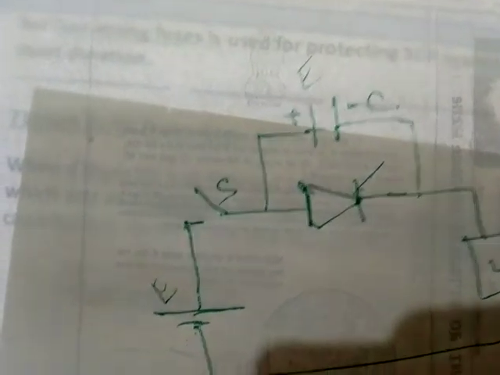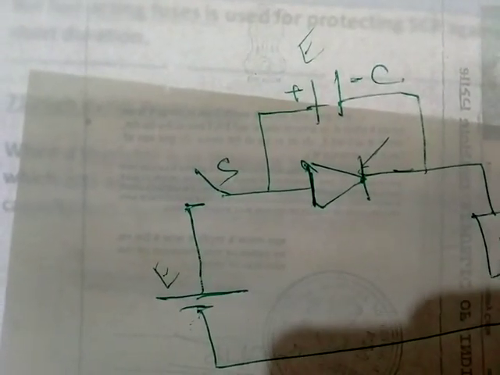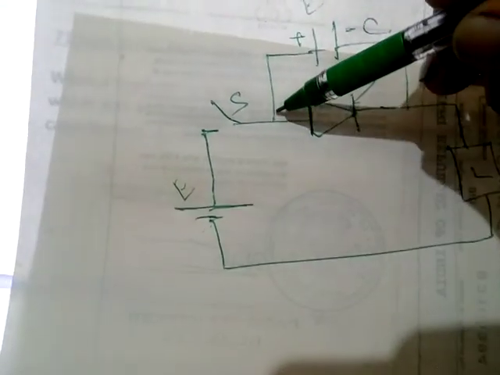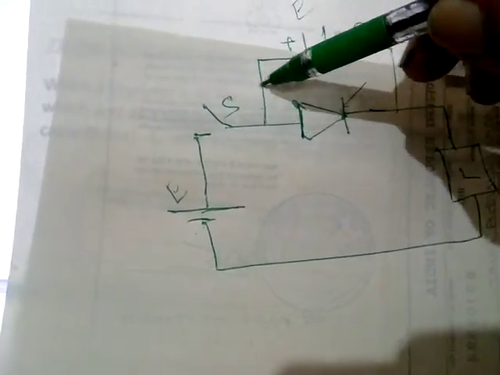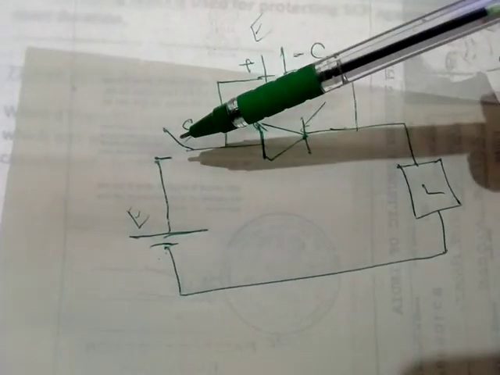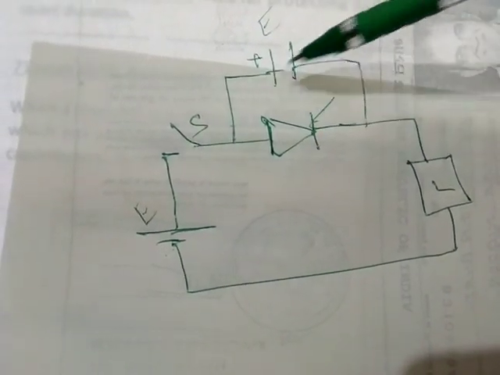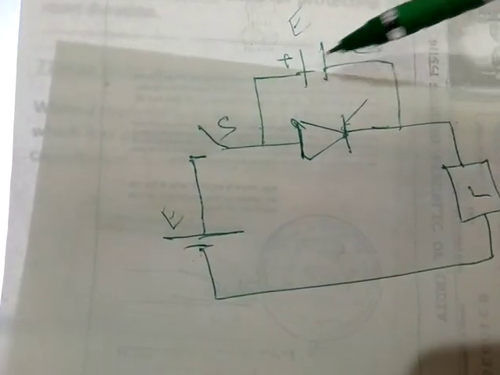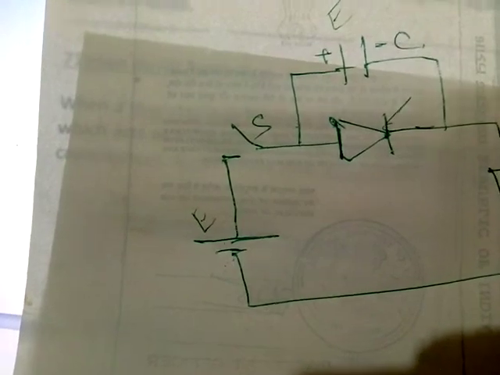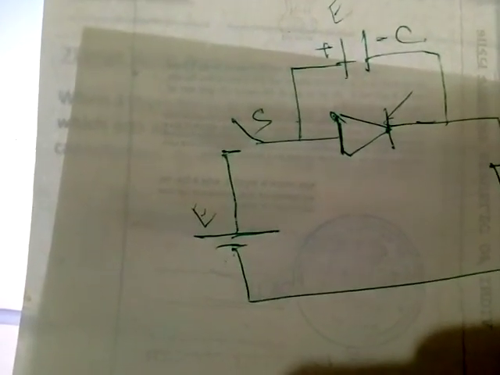But this is not enough. We need a resistance there. A resistance here is needed. If there is no resistance, what happens is, say you have switched this on, the capacitor will charge in this way. You can remain like that for 1 second, 2 seconds, or 1 hour, however long you want.